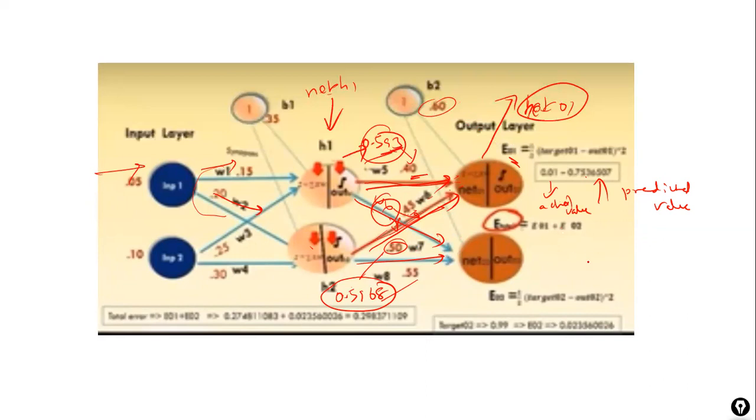So now you need to subtract the EO1 value from the actual value. That is what your error is, right? Error for EO2, right? Error for EO2. So in this case, so